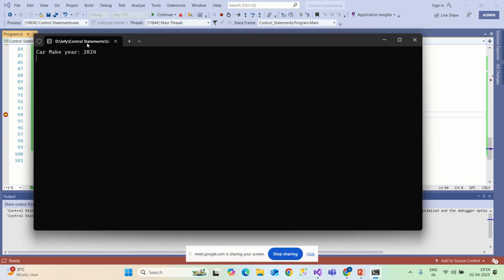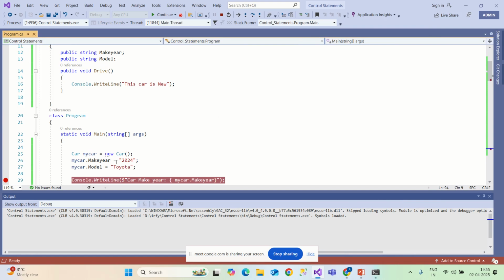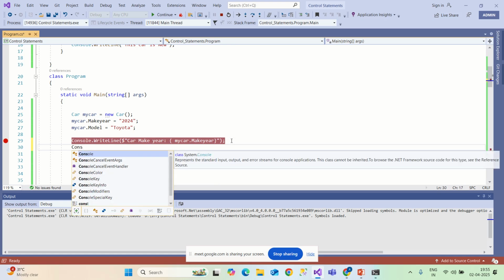See here, car make year is 2024. Here we have got the output, and if you also want to display car model,